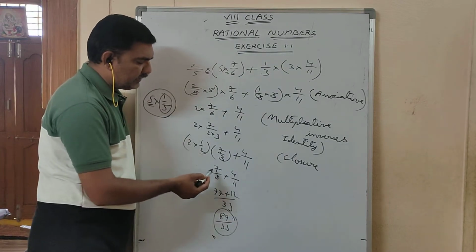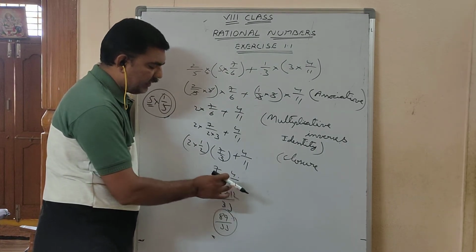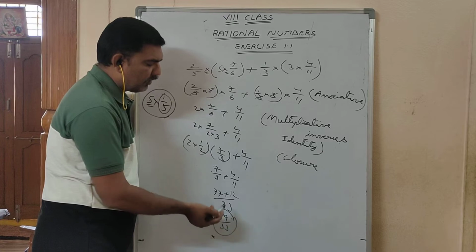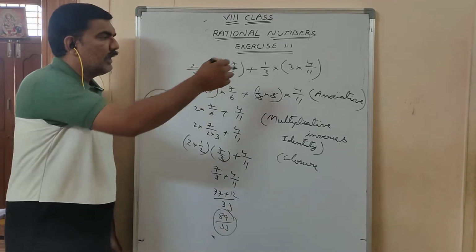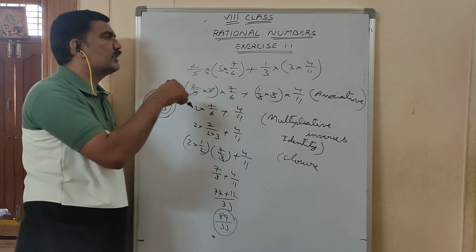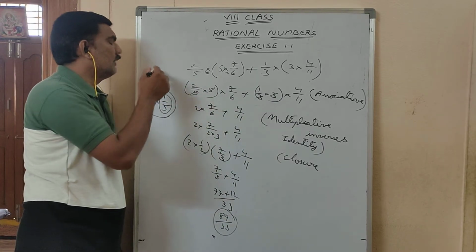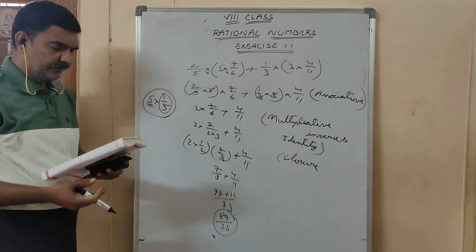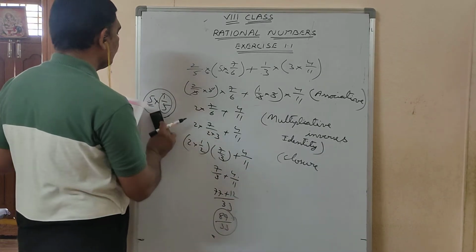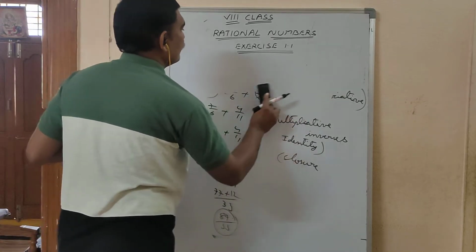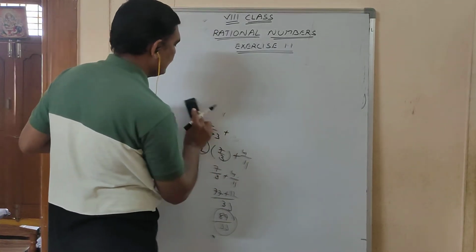How can you say closure? It is a fraction, it is a fraction, you added, and you got the sum as again a fraction or not. So here which property is used? Closure property. So like this, the properties which you used to solve this problem, we should write them. Next, go for the sixth question. What is the sixth question? See it.